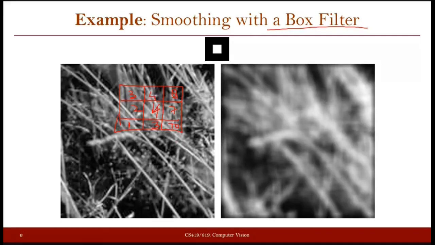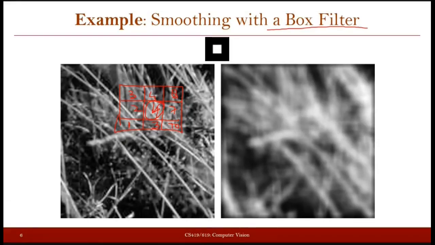So in some sense, you can say that the value of the central pixel that you have here is going to decrease with respect to whatever it had previously, because the mean is always going to be less than the higher values, and it is going to be more than the lesser values that you have in the neighborhood that you are considering.